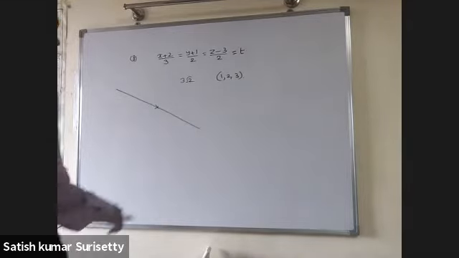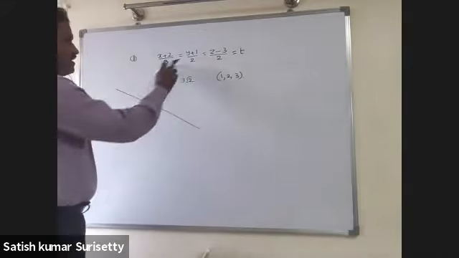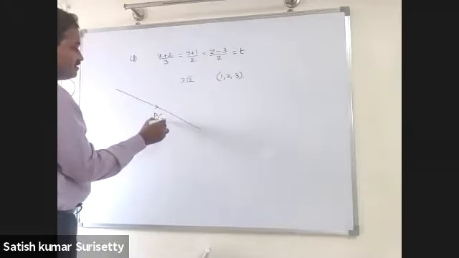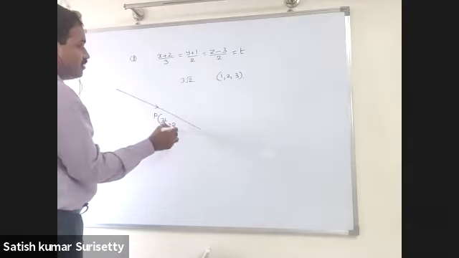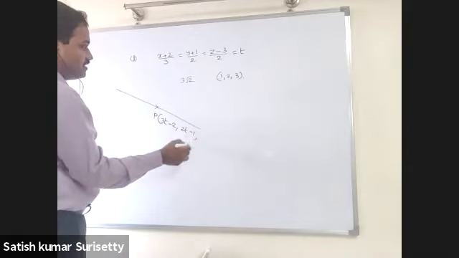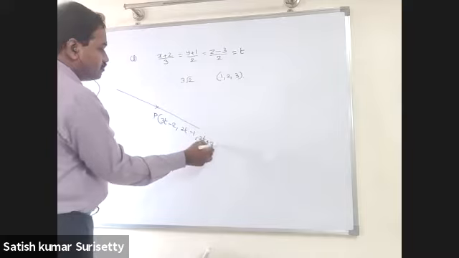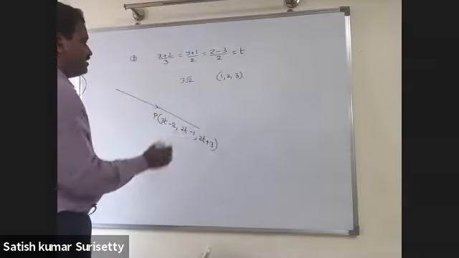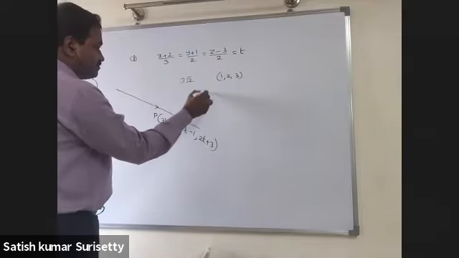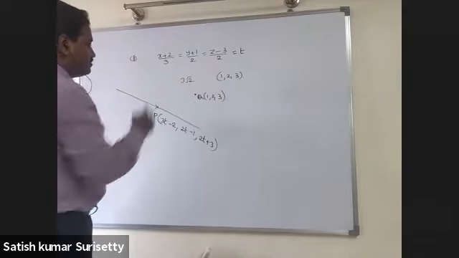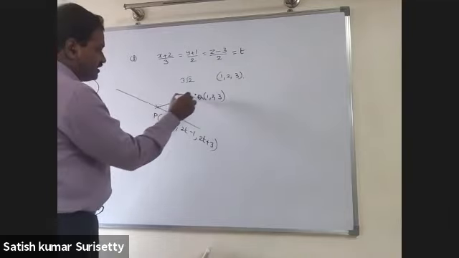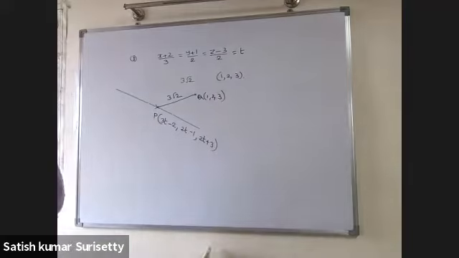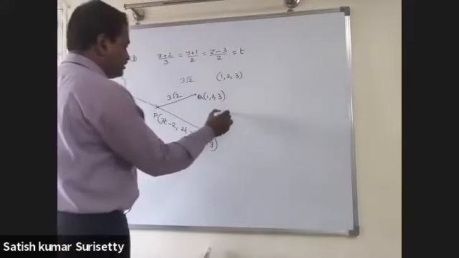Then what's the method? Take any point on the line. So what is any point on the line you can take as 3t minus 2, 2t minus 1, 2t plus 3. Now because the point 1, 2, 3 is not on this line, this distance is already given, 3 root 2. So calculate the distance between the 2 points P and Q and equate it to 3 root 2 and solve for t.